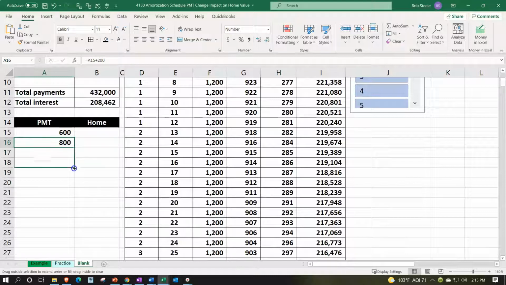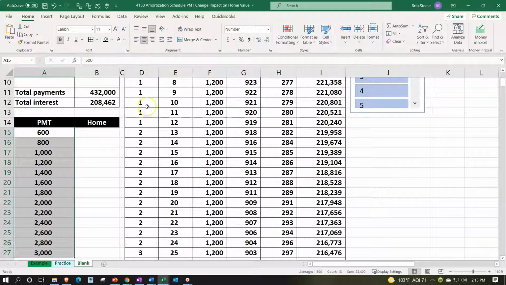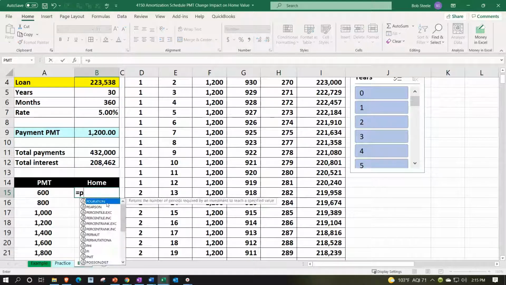So as our payments change, how much home could we purchase at a 5% rate, 30-year fixed? So we're going to say Home tab, alignment and center, home value calculation. Now, when we look at the home value, note that we've been calculating basically the present value. Like if you look at the payment calculation, PMT,